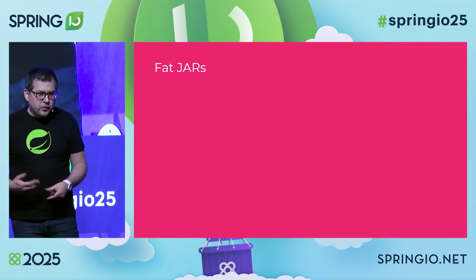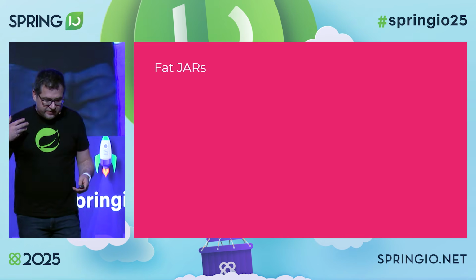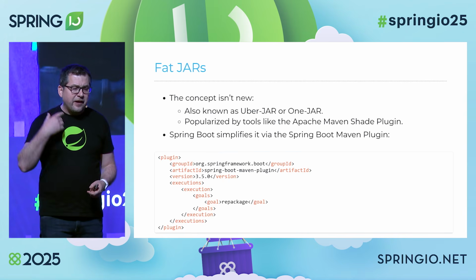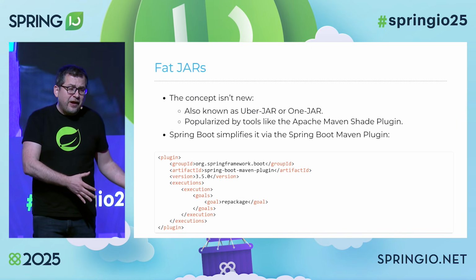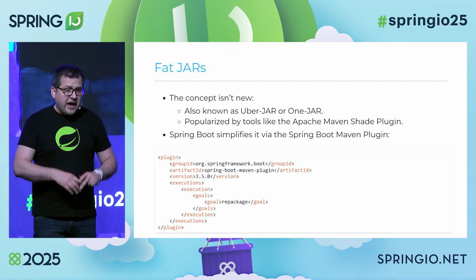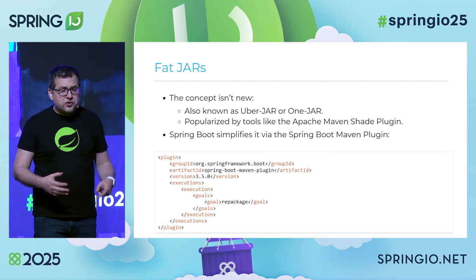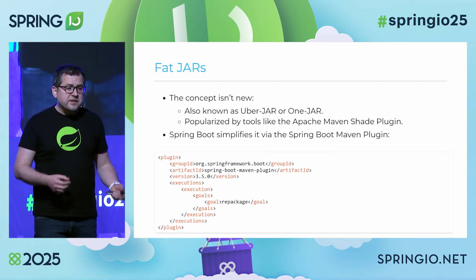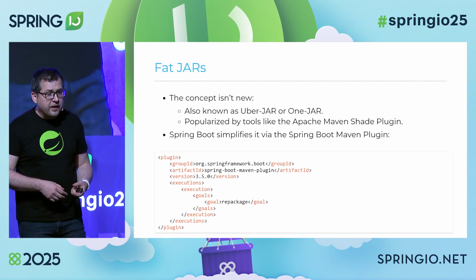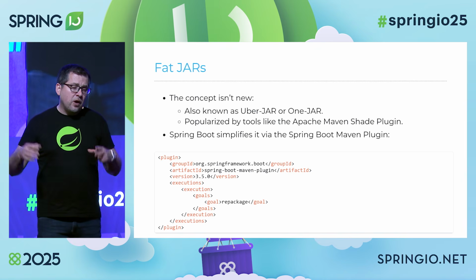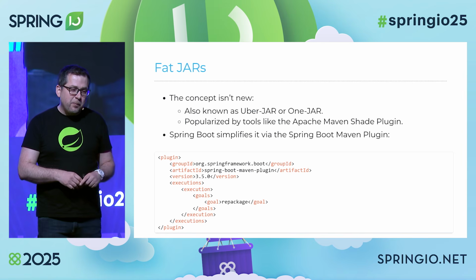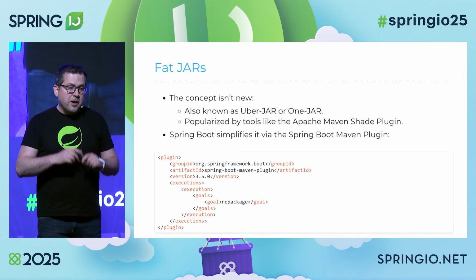We also know from Spring Boot, and that's something quite helpful when you build applications, the fat jars. And you know about that, but fat jars, when Spring Boot started to use it, was not a new thing. It was there already, and everyone had a proprietary approach to use it, right? And we could even say there were plugins like OneJar or UberJar, or even the Apache Maven Shade plugin, which popularized the approach already like 20 years ago. So I'm not saying Spring Boot was copying it, because they did it slightly differently, but